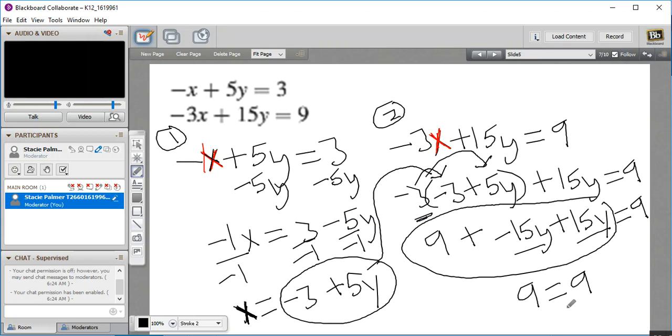9 does equal 9. Okay, but I want you to notice that our variable dropped out completely. There is no variable left. And when we simplified, we were left with an equation that is true. 9 equals 9. Okay, so remember that when we were graphing to solve a system of equations, there were 3